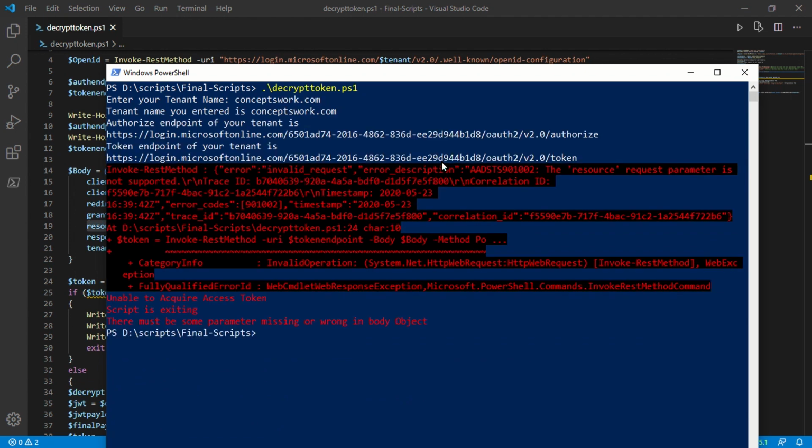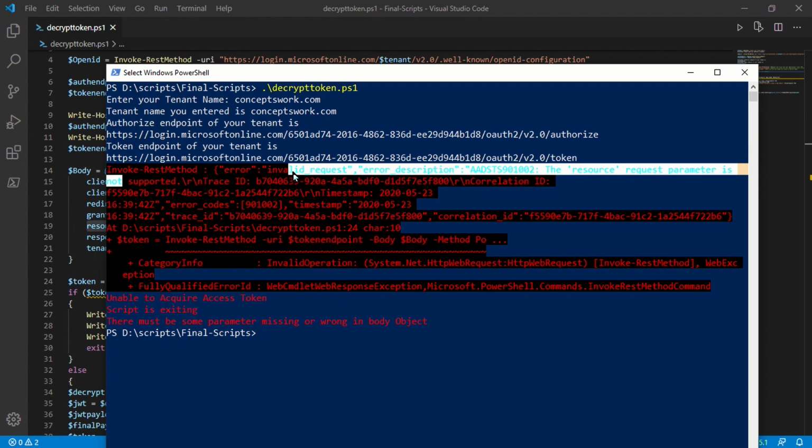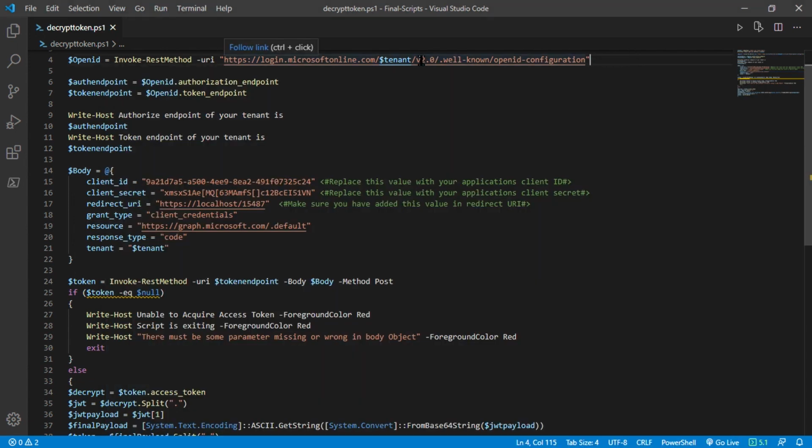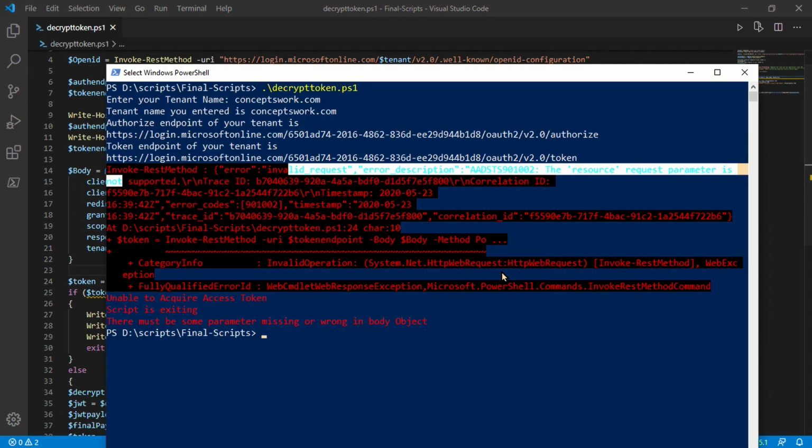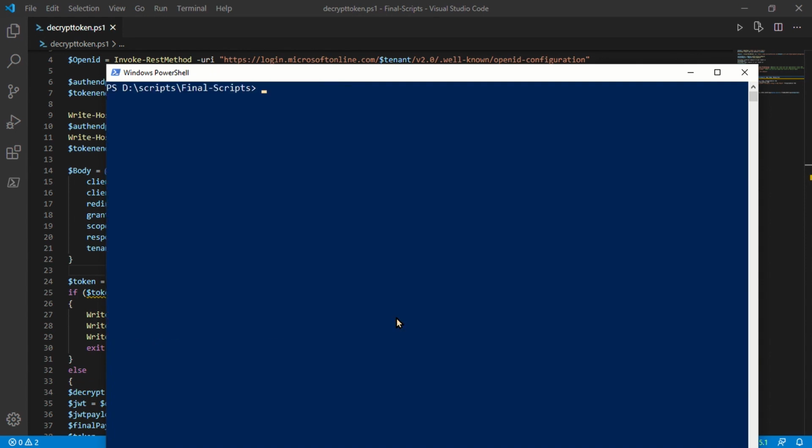ConceptsWork.com, and as you can see, I'm getting an error which says that the resource request parameter is not supported, and this can happen vice versa. So what do I mean by this? You may be using the v1.0 endpoint in your configuration, but the parameters that you are using can be different. So if I replace this value with scope, an appropriate value related to v2.0 endpoints, and I clear my screen, I will reinitiate my script